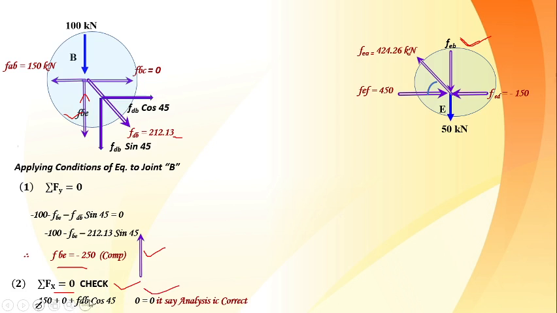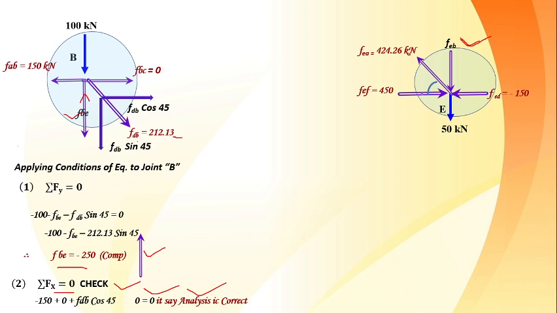Minus 150 plus this term FDB, this value you already know, FDB, put that value. So left hand side is equal to right hand side, that is 0 is equal to 0, means whatever values for the forces we have found out along with the directions, we have done the analysis correct. Otherwise, if left hand side and right hand side is not equal to 0, then you may conclude that a certain mistake has been committed in the analysis in some joint, and at that first mistake it went on propagating from one joint to the next joint. So this is the random check.